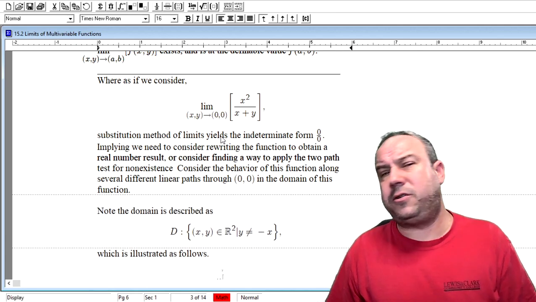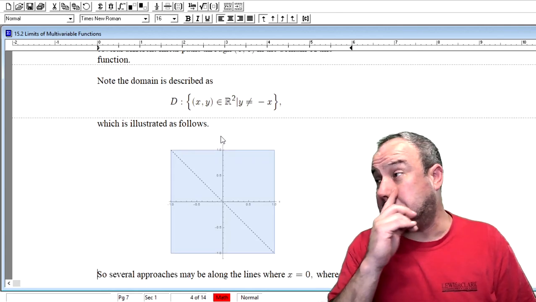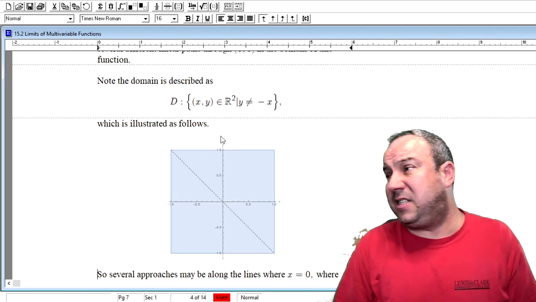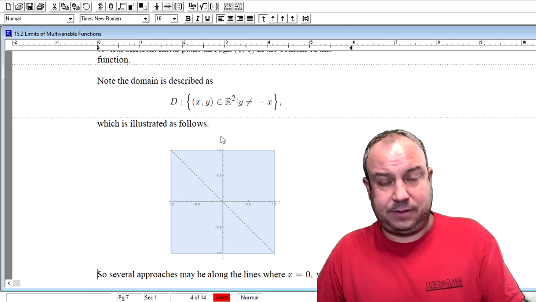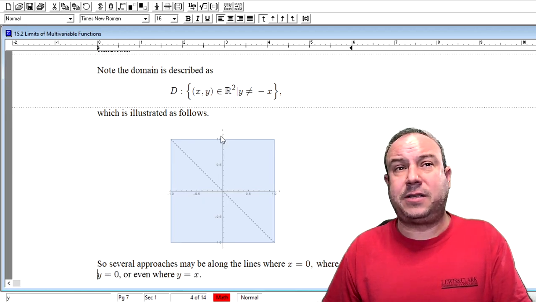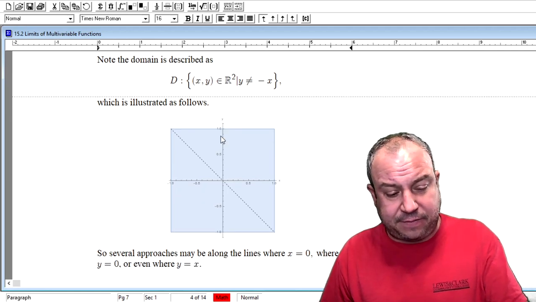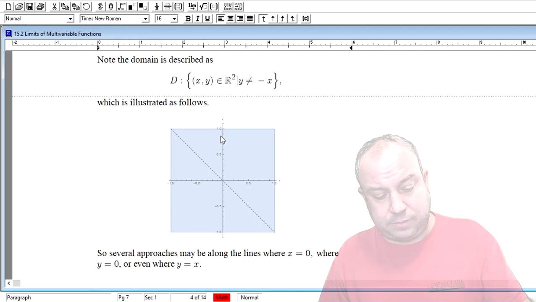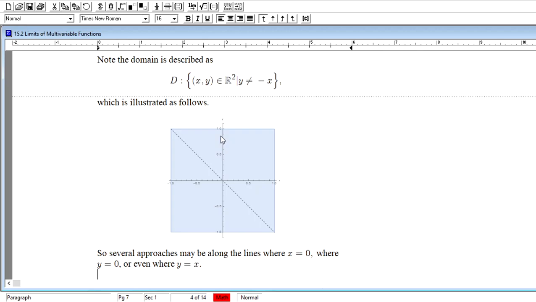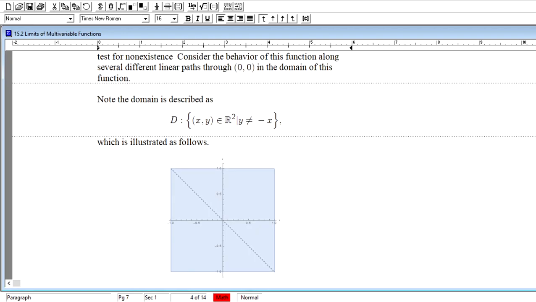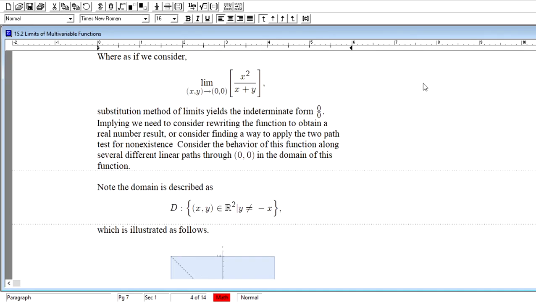First of all, what you want to do is take note of your domain. These paths have to exist in your domain. And let's see what our concern is. Can you see the concern in this graph, folks? Actually, let me scroll back up to highlight the function. Here's our function. Let's bring that down here. Note the domain